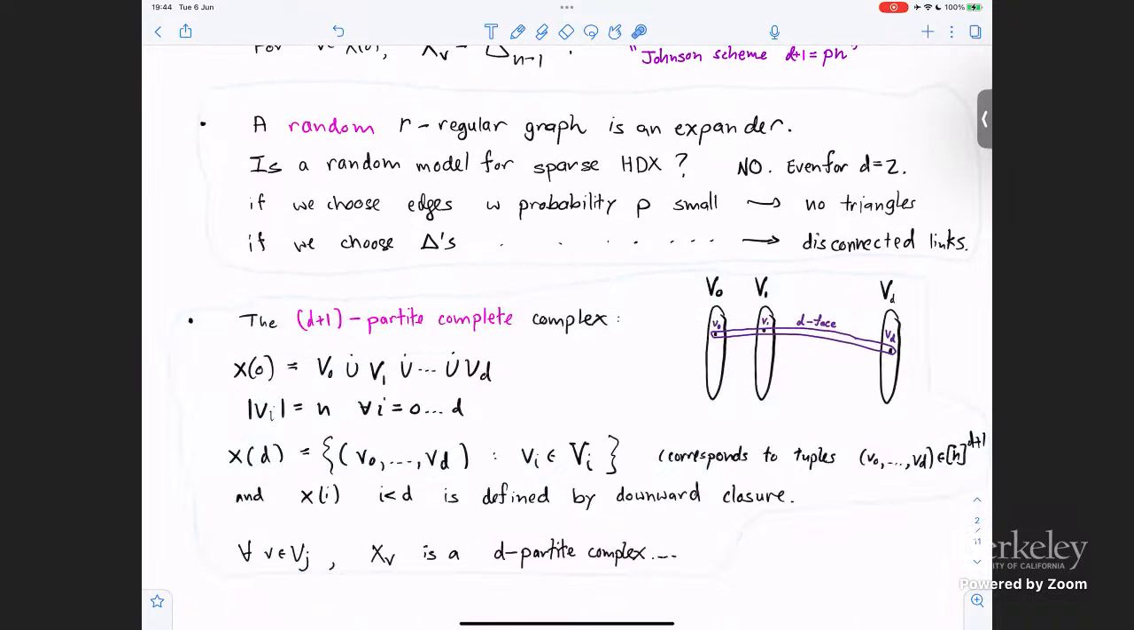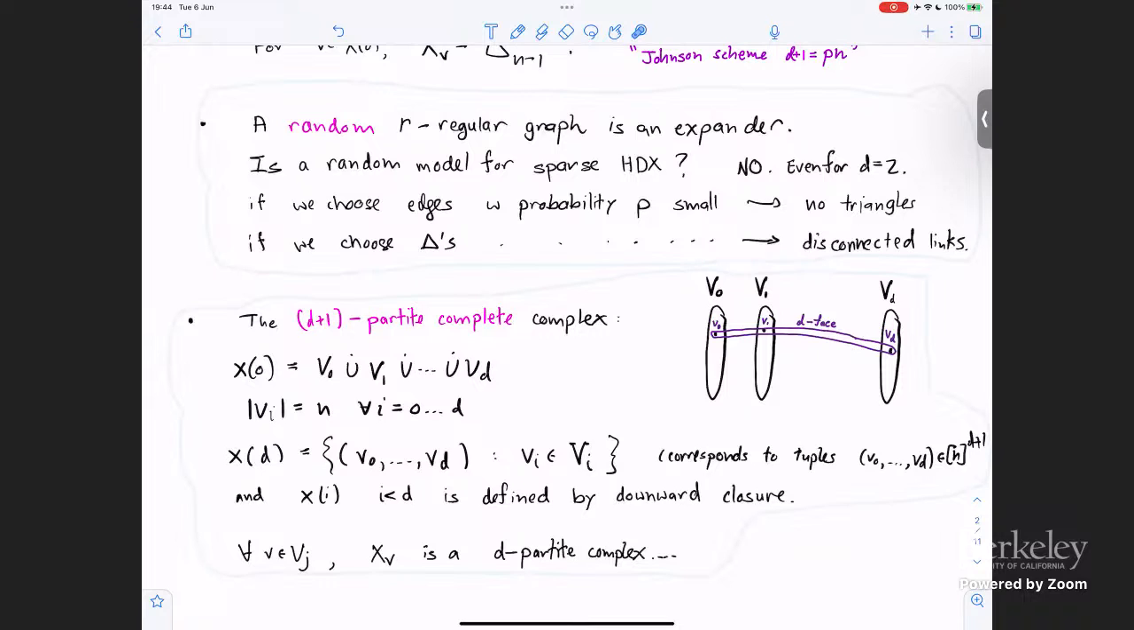Here's another example that's maybe not so interesting, but it's a good warm-up for the one after. And this is the D+1 partite complete complex. Here, what we have is a collection of subsets of vertices, each of size n, and disjoint. And then the faces are going to be D+1 tuples, where you choose one vertex from each set, from each color. Okay, so you have your D+1 colors, and you choose one vertex from each color. And I only need to tell you what the top faces are, because then you do downwards closure. So you take all subsets of these faces, and you get